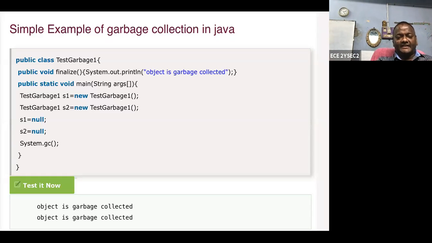In the finalize method, it nullifies the reference value. Whenever the reference value is nullified, the memory becomes 0, and that memory can be allocated to another object. This is called garbage collection. All right.